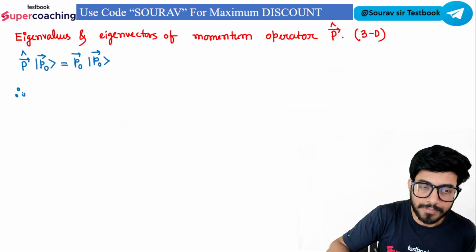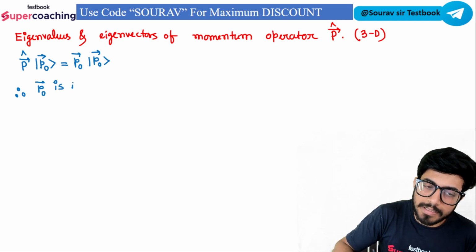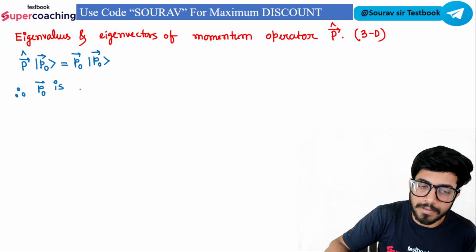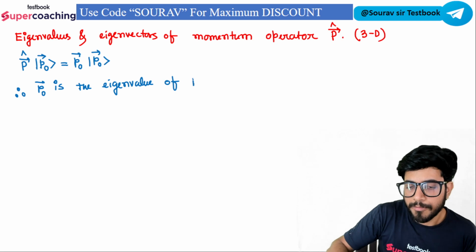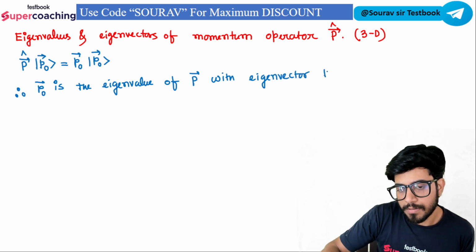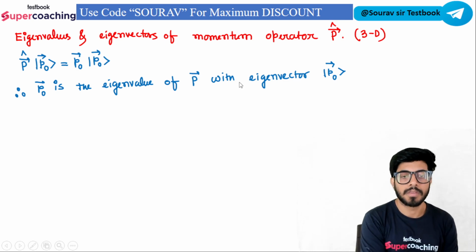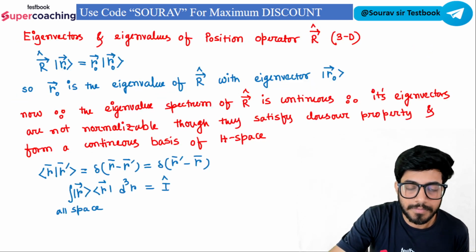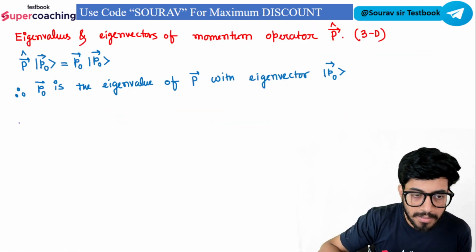So P naught is the eigenvalue of P with eigenvector P naught, ket of P naught. Now the same thing we have to write here too. Now